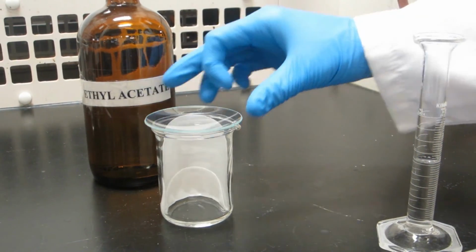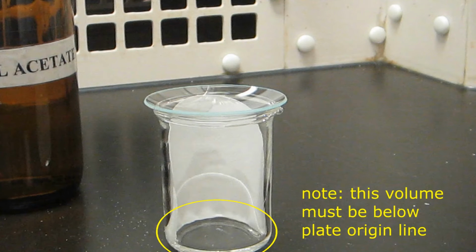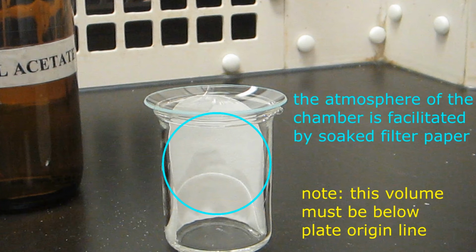Wait for a few minutes to allow the atmosphere of the chamber to be saturated with solvent vapors, which is facilitated by the soaked filter paper inside. To save time, it is recommended that the solvent chamber is prepared right before you begin preparing your TLC plate. However, do not prepare the chamber too far in advance, as each solvent in the solvent mixture may evaporate disproportionately